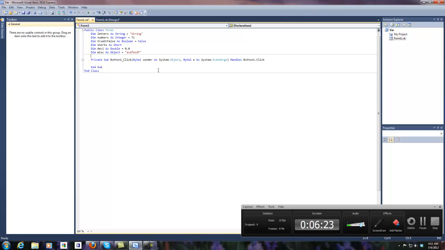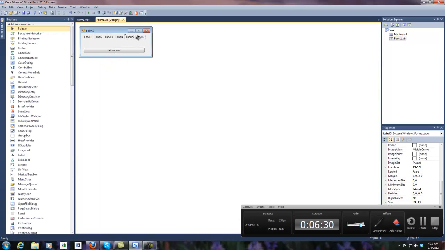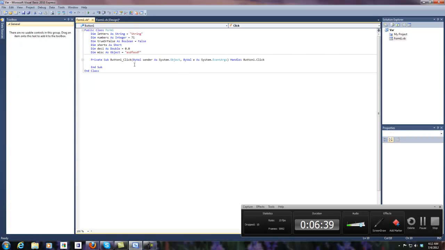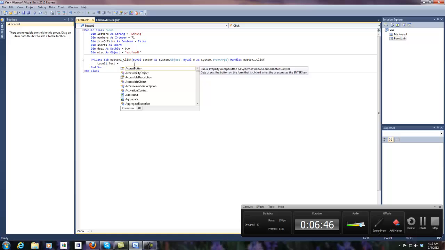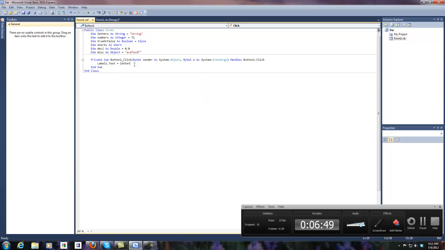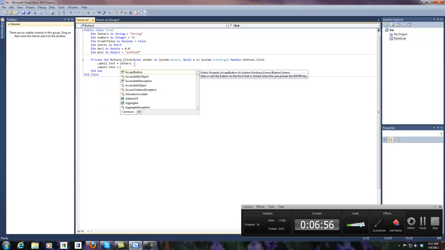So in our button 1, and we're only going to need 4 labels, so let's just delete these 2, fix that up a little bit, shorten this down, there we go. We're going to do label 1 dot text because we want to access a label and then go to the text functions, and we're going to put in letters. And then we're going to do label 1 dot text, and if you want to be proper about this, you can do